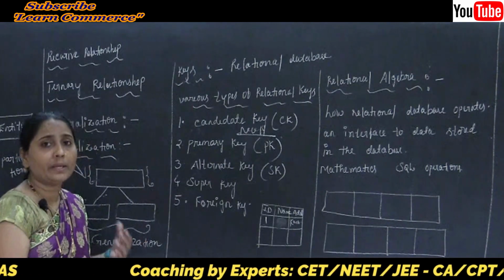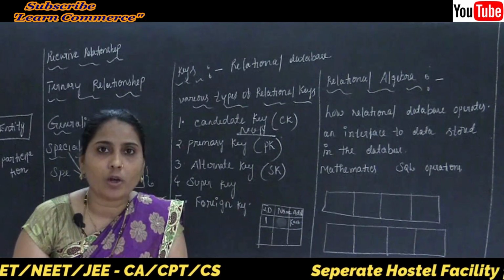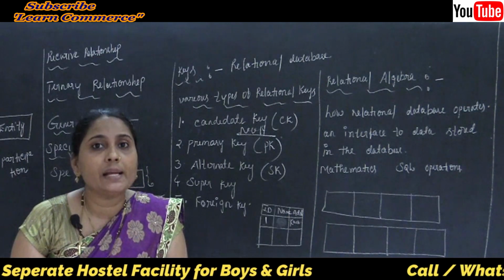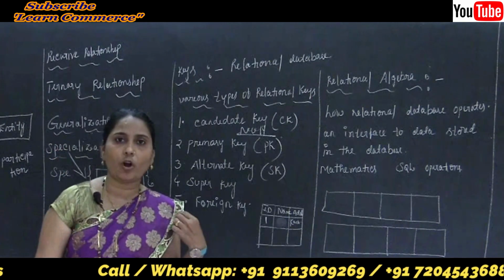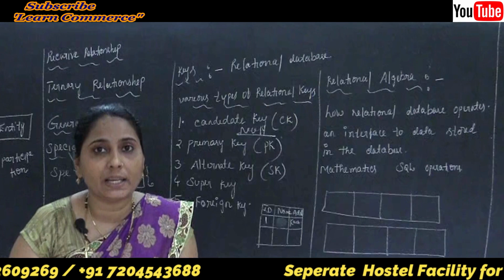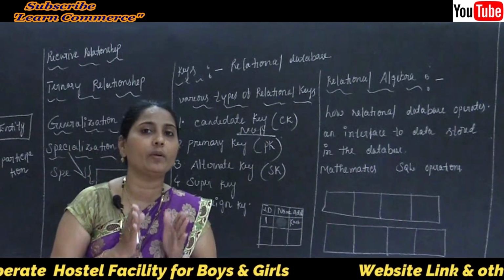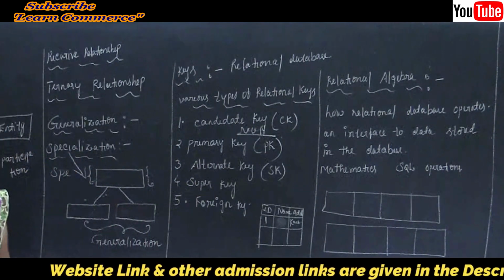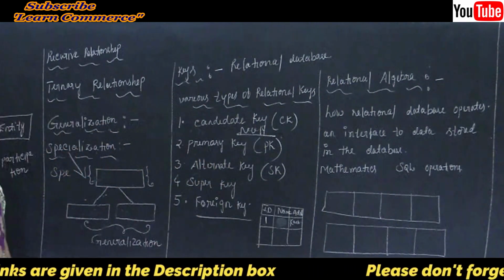Now what do you mean by a foreign key? We can say that the short form of foreign key is FK. A foreign key is a field in a relational table. What do you mean by a relational table? Because the table is called relational, since it consists of rows and columns, and some relation is there between rows and columns. Because of this reason they are called relational keys. So now we are in the concept of our foreign key.